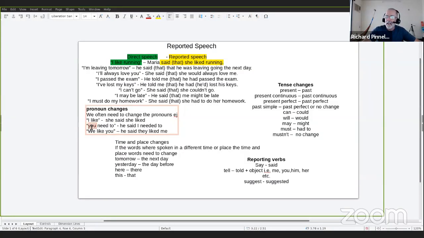If the direct speech is you, again, we need to change it to I. For example, if he said, you need to do this, then he said, I needed to do this. And if the exact words or the direct speech was with we,